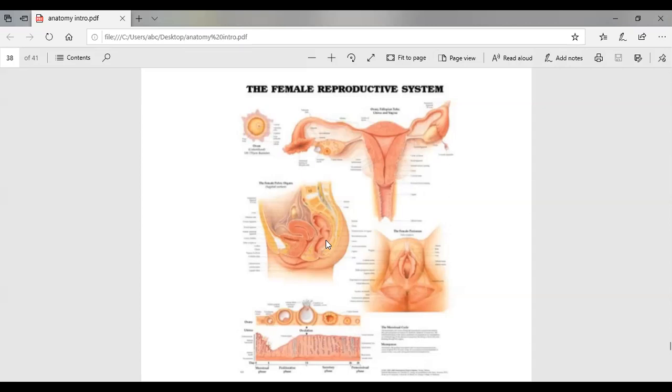So students, let's notice here that there are a few organs which are not part of just a single system, such as the endocrine, but also a part of the reproductive system. Such an example is the ovary. Because why? Ovary is producing cells, the sex cells, which will join with the male sex cells. So it is a part of the reproductive system, as well as it is producing hormones called estrogen and progesterone. So it is a part of the endocrine system, right? So this is the female reproductive system. Let's go ahead.